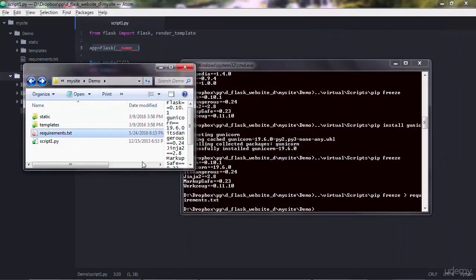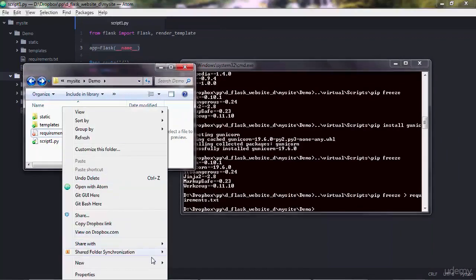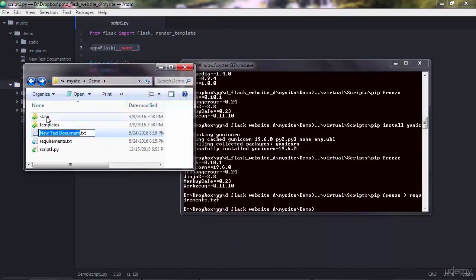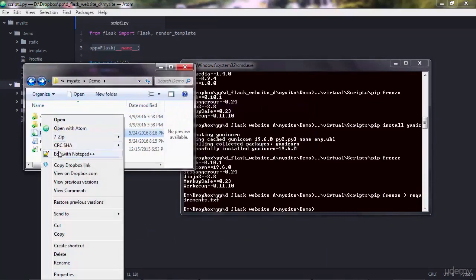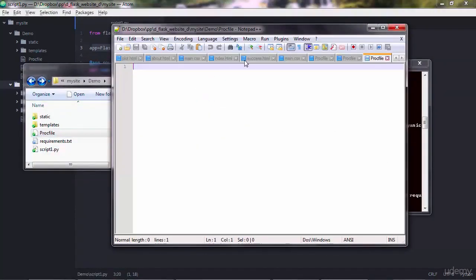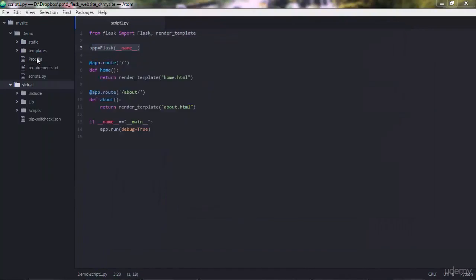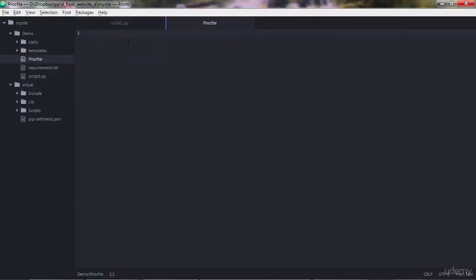We have 2 more files to go. The next file is a Procfile, but be careful, you shouldn't have any extension in there. So that's a file without any extension, and just go ahead and edit it with whatever you want, Notepad, or just here in Atom. So this should contain a line, and that would be web: gunicorn